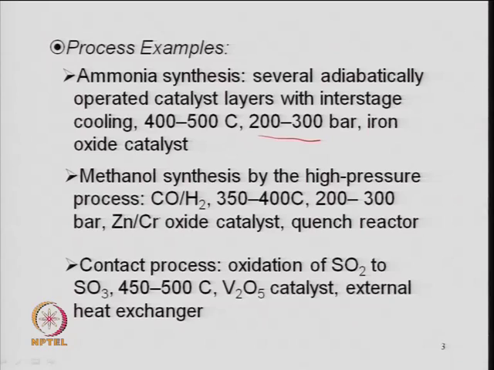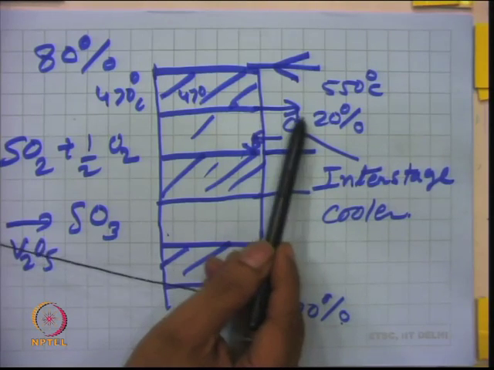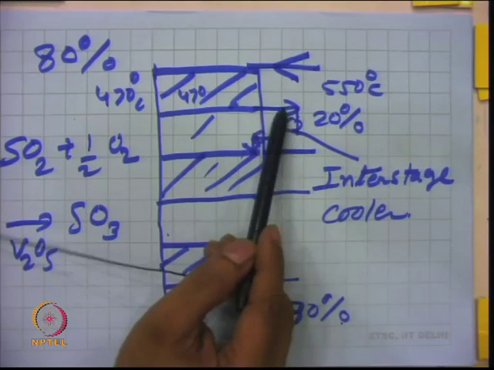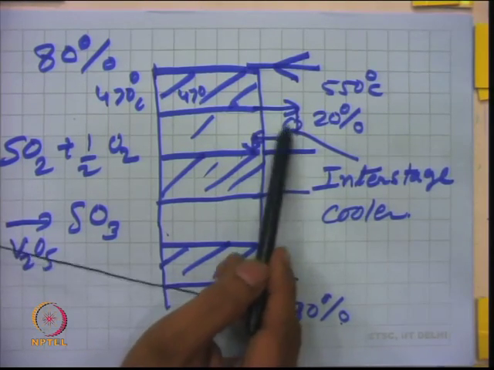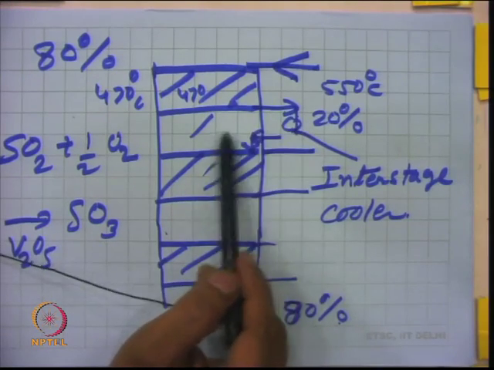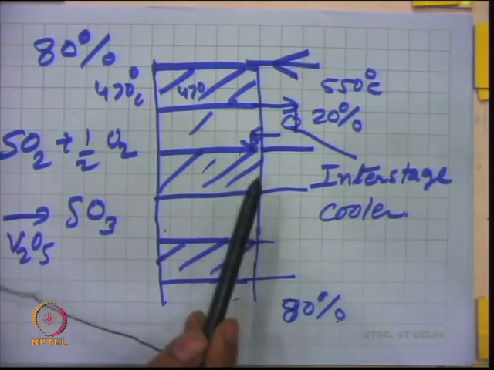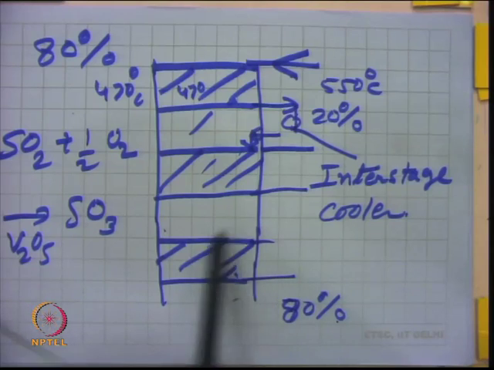So, sulfur dioxide oxidation I have just talked. So, oxidation of sulfur dioxide to sulfur trioxide, where vanadium pentoxide is used as a catalyst, and here the external heat exchanger is used, right. So, this is the kind of external heat cooling device. So, heat exchangers are used. So, it is a kind of shell and tube heat exchanger, say, right. So, the product gas comes through that, and you have some cooling media on the outer side, right, and then you get the temperature down to the desired temperature, and then it is sent to the second bed, and same thing again here intermediate cooler and comes to the third bed. So, that is a kind of external cooler.